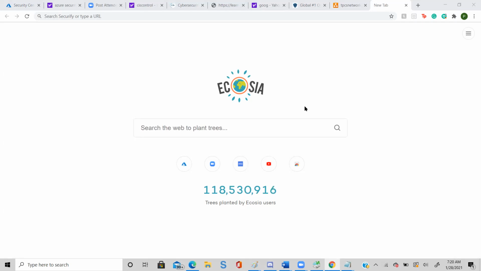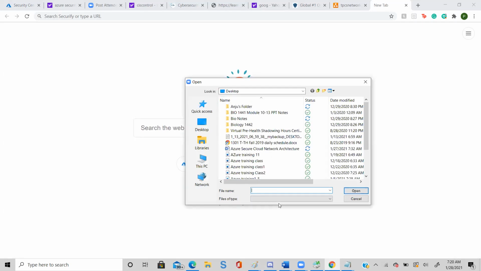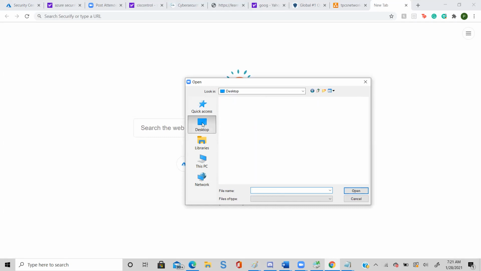It has Dropbox, Microsoft OneDrive, Google Drive. Just select your computer. Go to the download folder. I believe it's in the download folder.